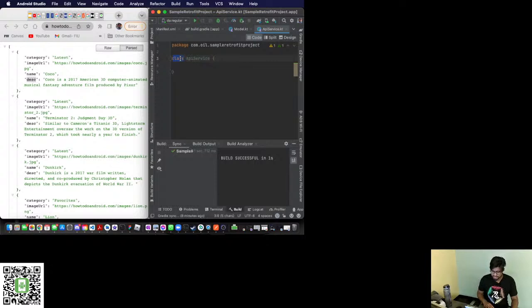Well, this is a class, but we're going to make this an interface. And essentially, we're going to call Retrofit here. Since we've already downloaded the dependencies of it, we can start using the methods associated with it. In this API service, we're going to list out all the calls that we can possibly make for this application. And since we're going to grab a list of movies and show them on our application,